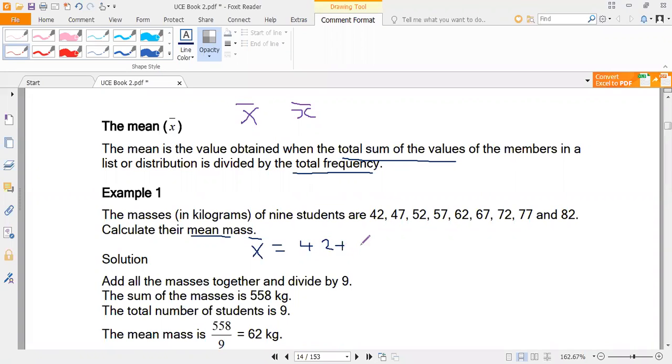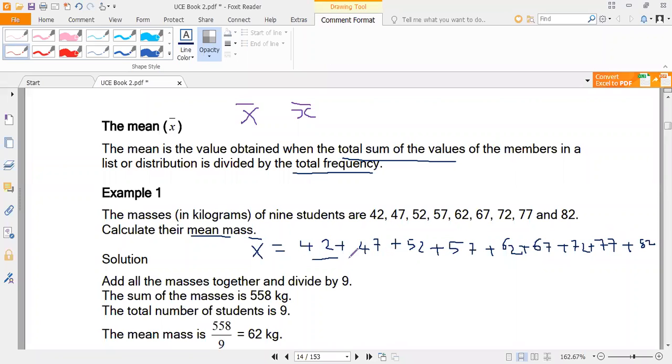plus 47. I'll add up all the values, 50 plus 47 plus 52 plus 57 plus 62 plus 67 plus 72 plus 77 plus 82,